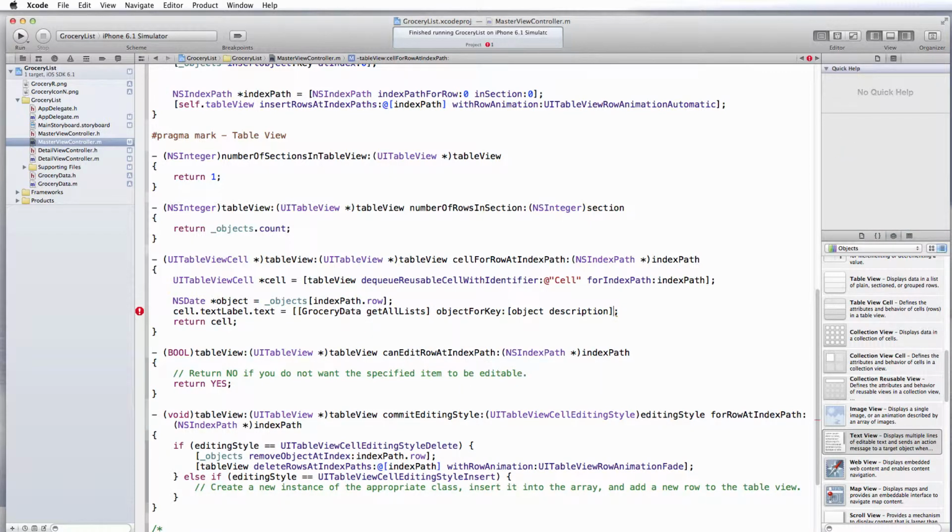And don't forget to match up your square brackets. And what changing this line of code does is make it so that when we run the simulator, run the app, the name of the grocery item will show up now instead of that year, date, time key.